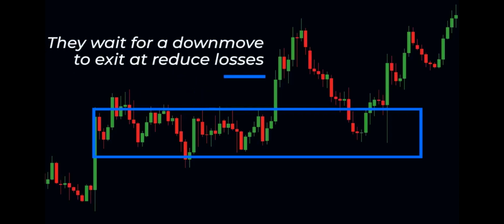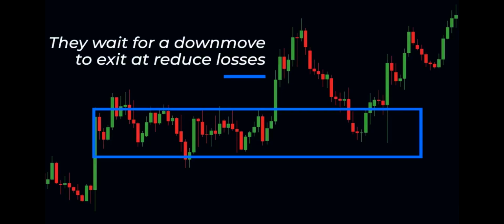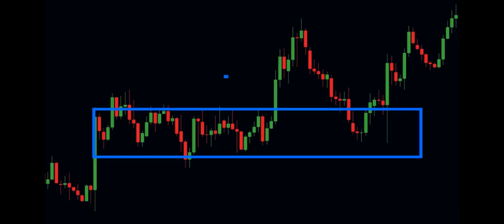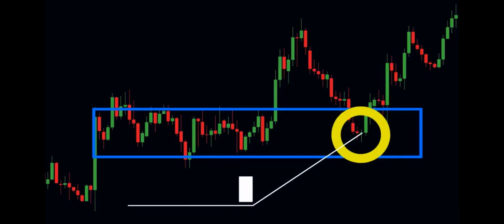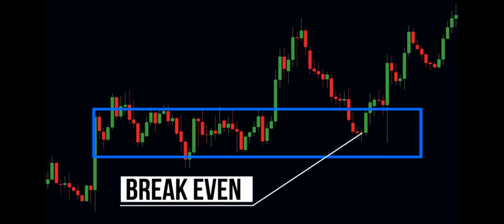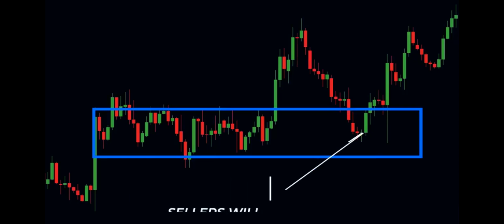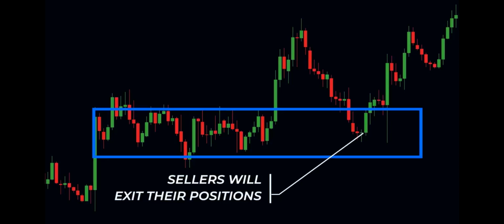They wait for a down move in price so that they can exit their positions at a reduced loss. When the price finally comes back near the value zone, the losses of the sellers reduce, and at this point, the sellers are at break even. They thank their gods for providing them with an opportunity to cut their losses, and they start to exit their